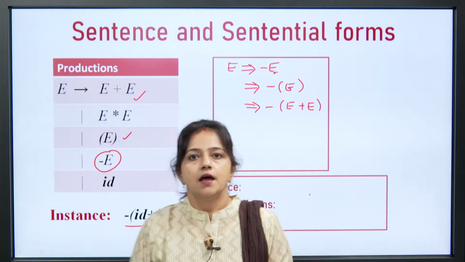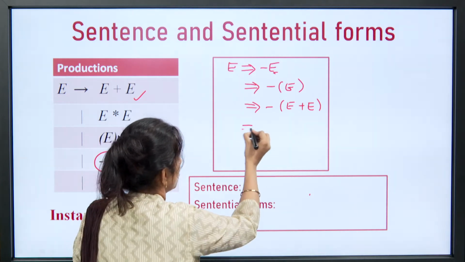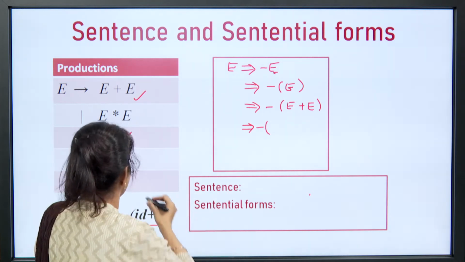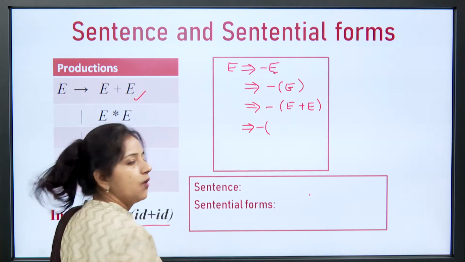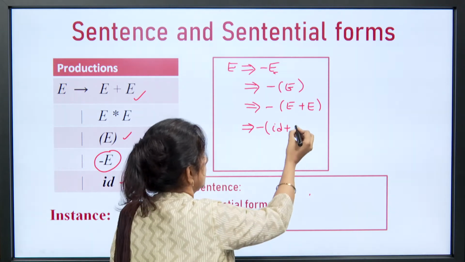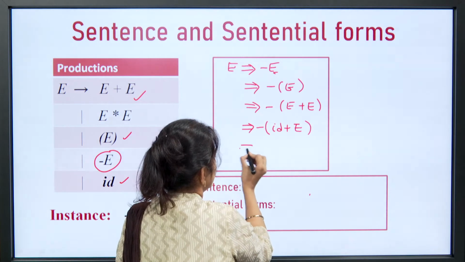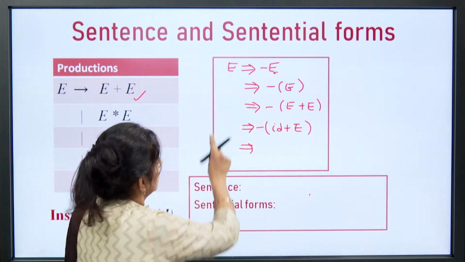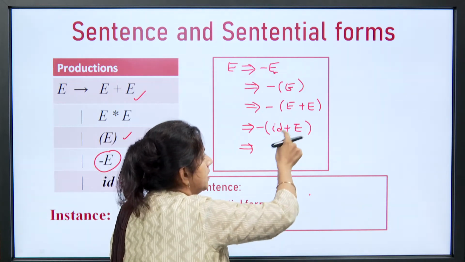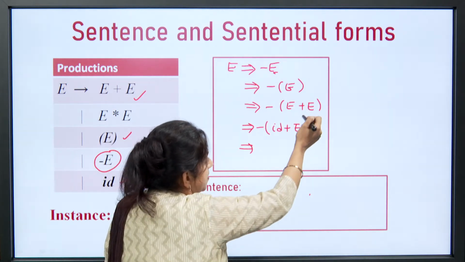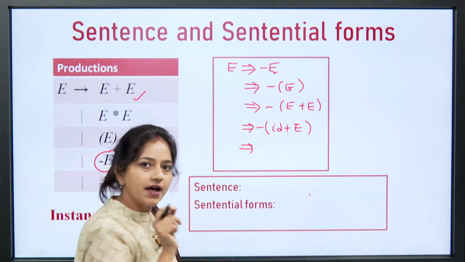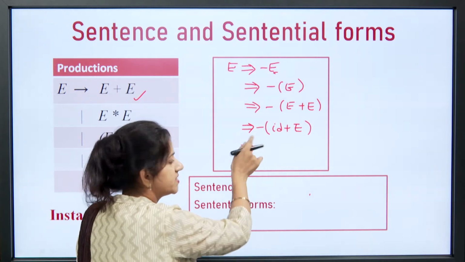Now, next we have this form. Again, here we have this E. This E should be replaced with id using the production E to id. So, here we will write id plus E. Always remember, this is the derives sign that shows this derives this in one step. So, in every step we will do only one substitution. Here we will not replace this E with id. Only one substitution will take place in one step, because here we have derives in one step.